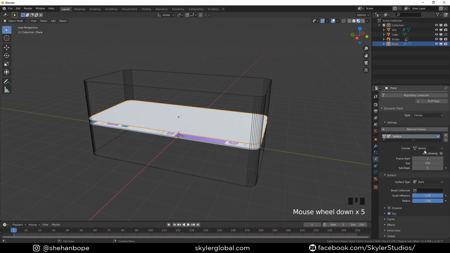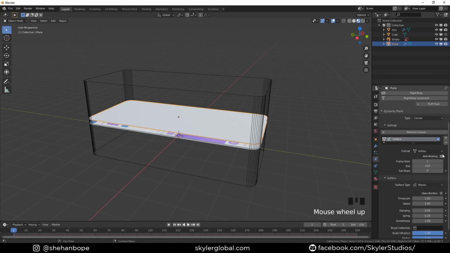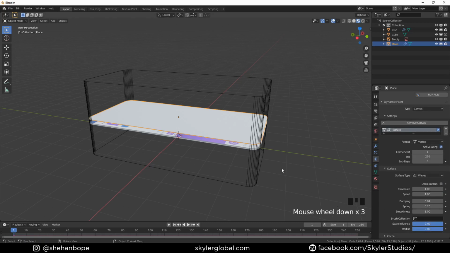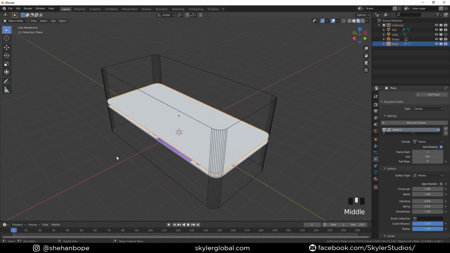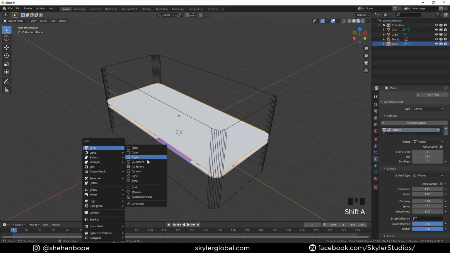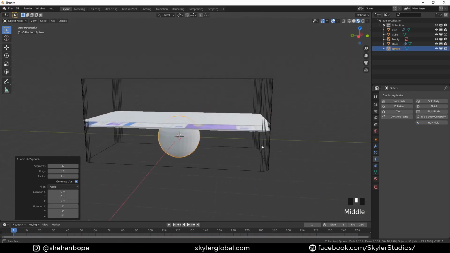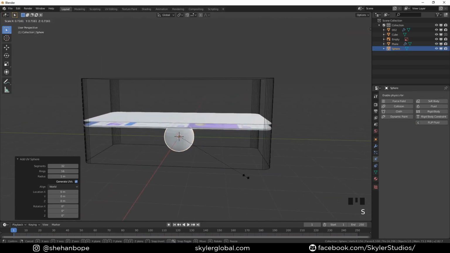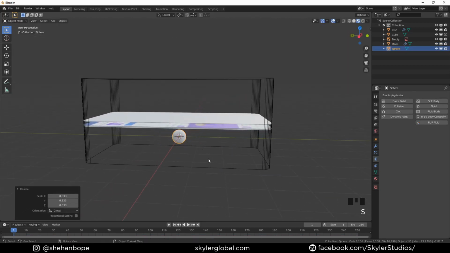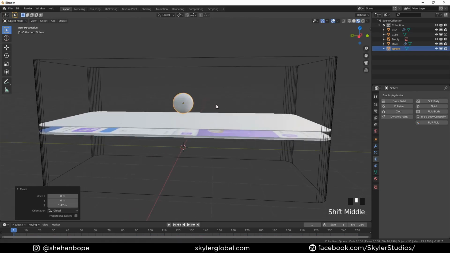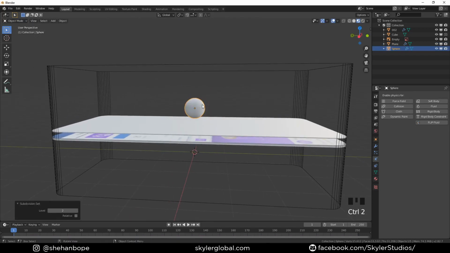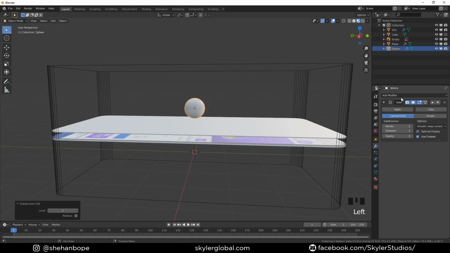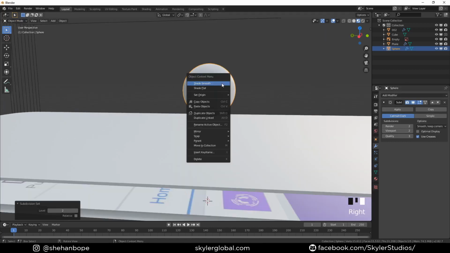And in the surface type, I'm going to select waves, and I'm going to switch on anti-aliasing. Now I'm going to create a sphere, Shift A, UV sphere, and we are going to use that as the brush to our canvas. Scale it down a bit with S and move it up with G, Z, and with Control 2 I'm going to add a subdivision surface modifier,